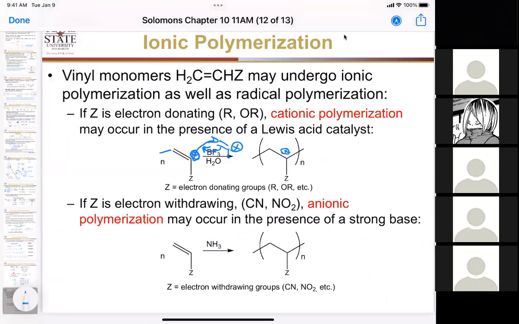Why? So if we make a cation right here, we saw that if we had carbons,